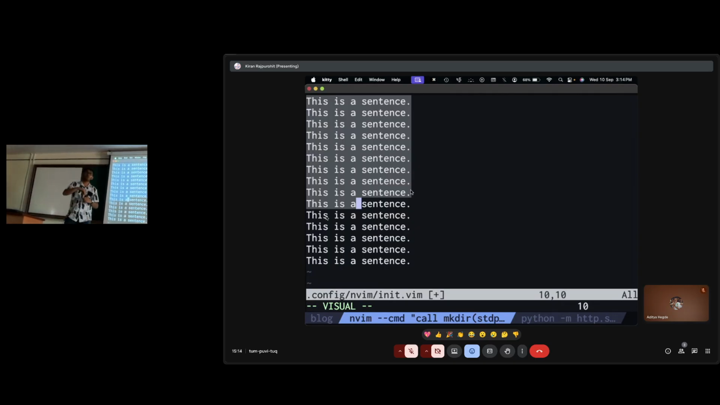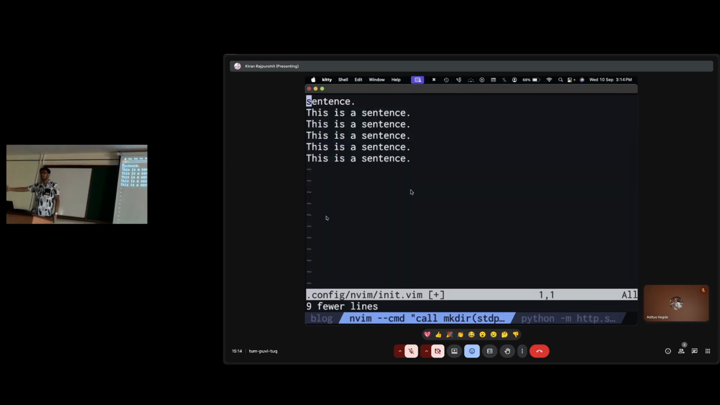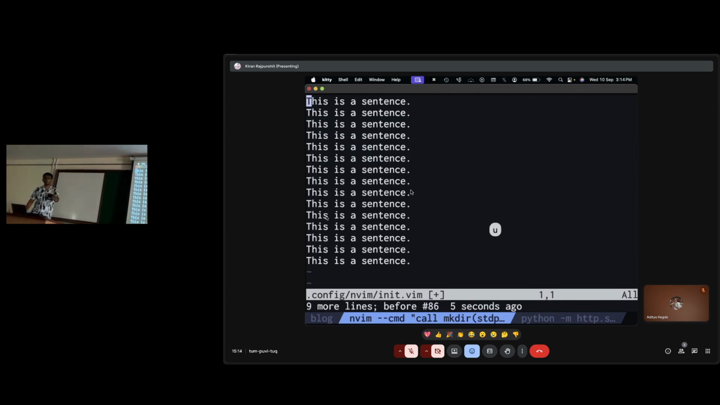And you can do operations on this selection, like delete. If I press d, I've deleted all of my selection. I press u to undo. Okay, is that clear? I can do other operations as well, for example,